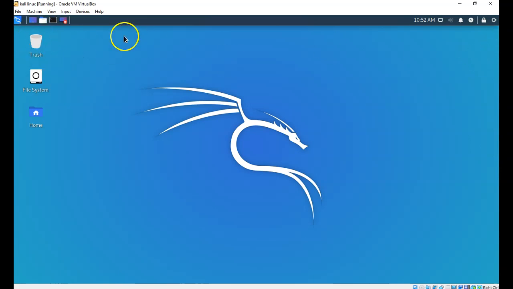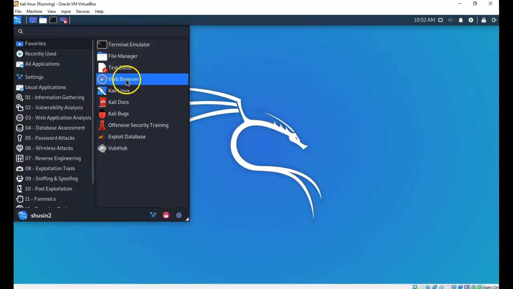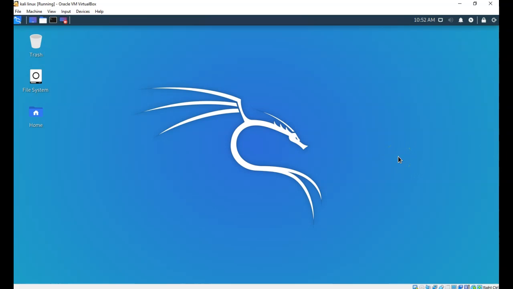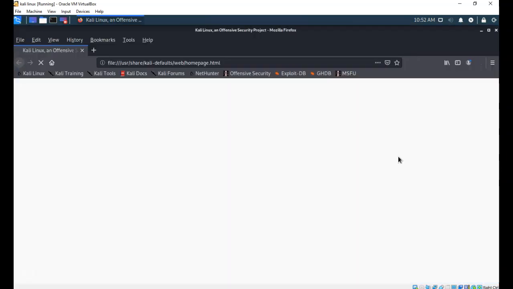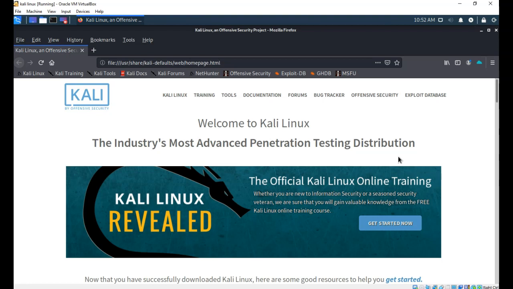So what you need to do is open the web browser. By the way, I'm using the latest Kali Linux on my VM machine, which is Kali 2020. The concept is the same, so you do not need to worry if you have Kali 2019, it is fine as well. The next thing I'm going to do is access my